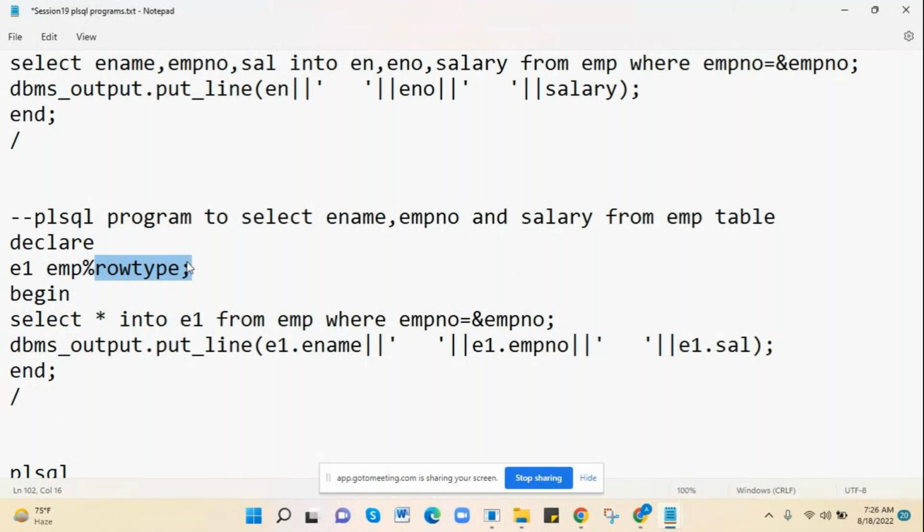I declare only one variable, as a row type data type. Now I can select, star means all the values. I can select all the values into the e1 variable, not into e1.employee_number or e1.employee_name or e1.salary. I populate